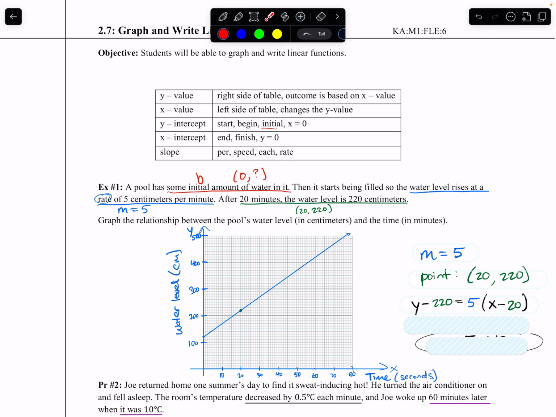For this problem, I chose to use point-slope form, since we're given the point and the slope. I plug those values in. You can see the 220 and the 20 in green, and the slope right there in blue. I went ahead and distributed to isolate y and get this in slope-intercept form. So we know that we could put a y-intercept at 120